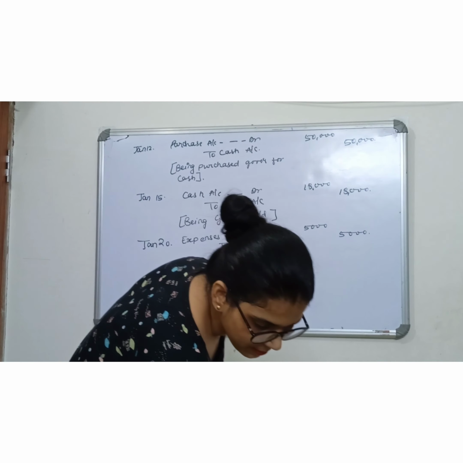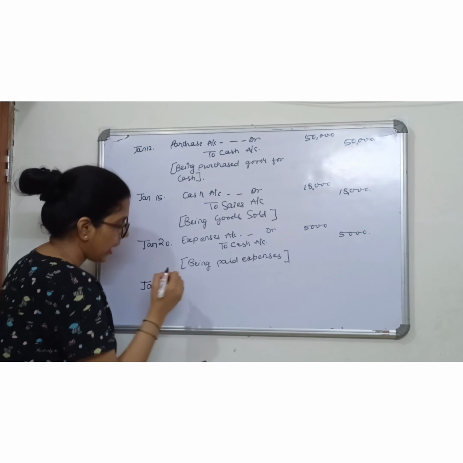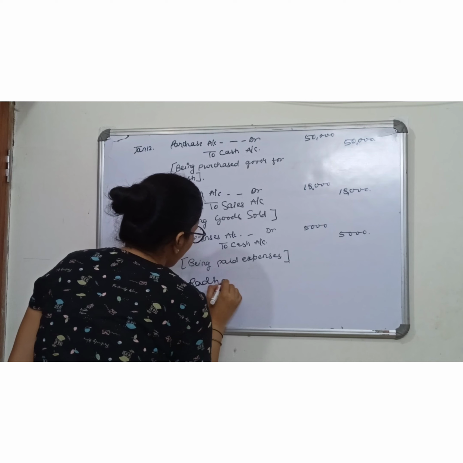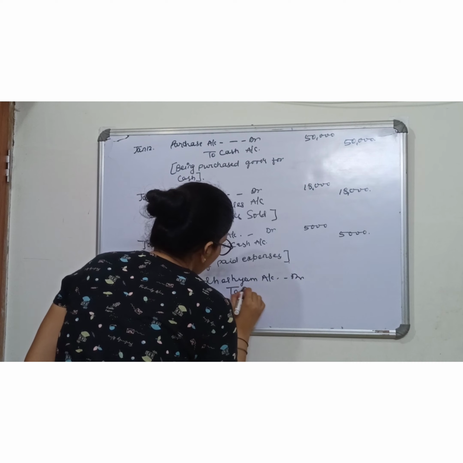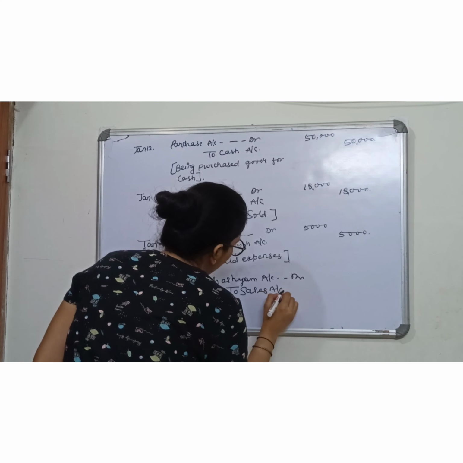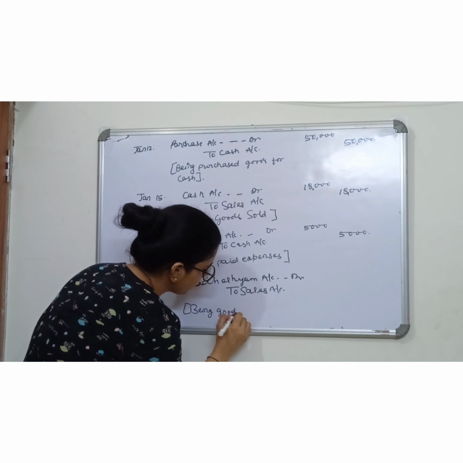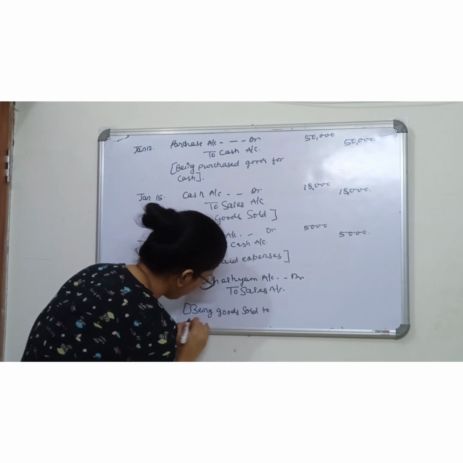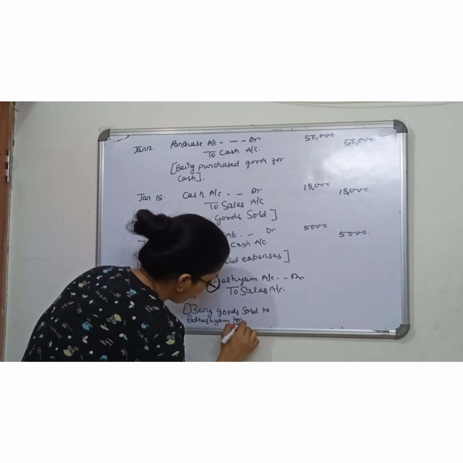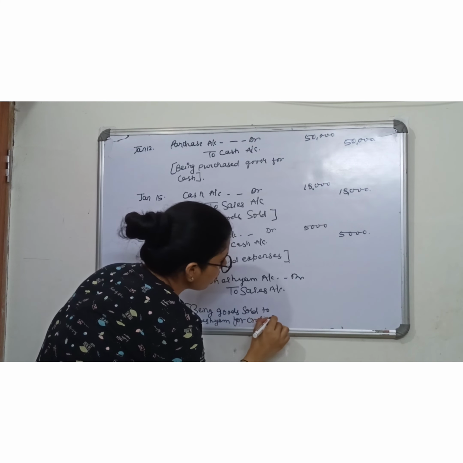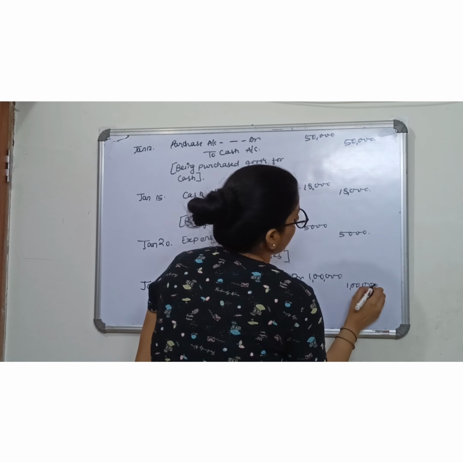The date is 26th of January and the entry is Radhesham account debit to sales account being goods sold to Radhesham for credit, and the amount stands as rupees 1 lakh. Okay guys,